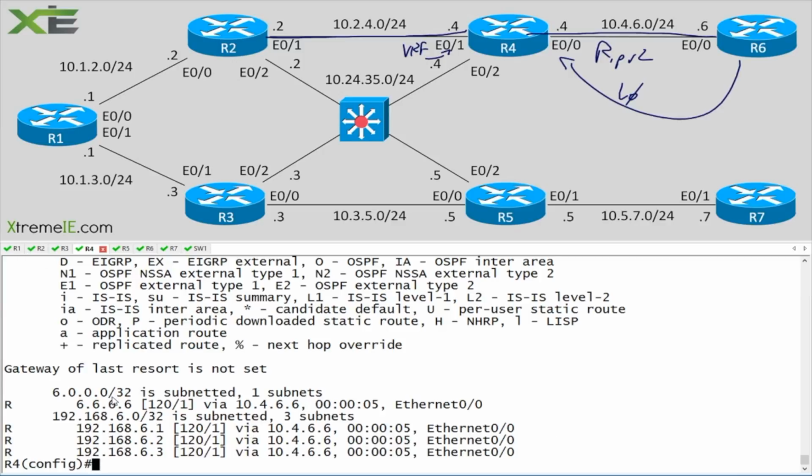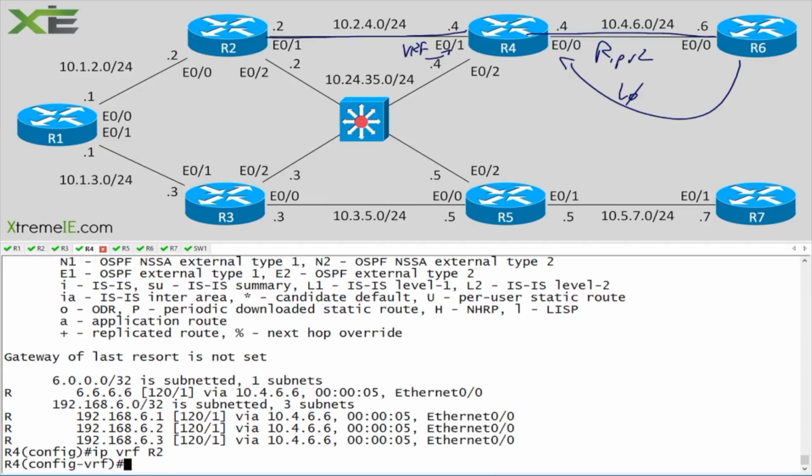And let's go ahead and get the VRF configured. So I'm going to say IP VRF, and I'm going to call this guy R2. Now, some of you might be wondering, how come you're using IP VRF? Well, in this case, I'm only dealing with IPv4. There's no harm in using the legacy mode of